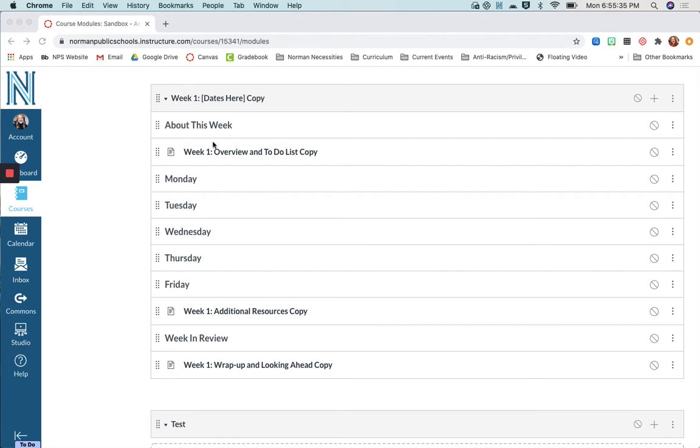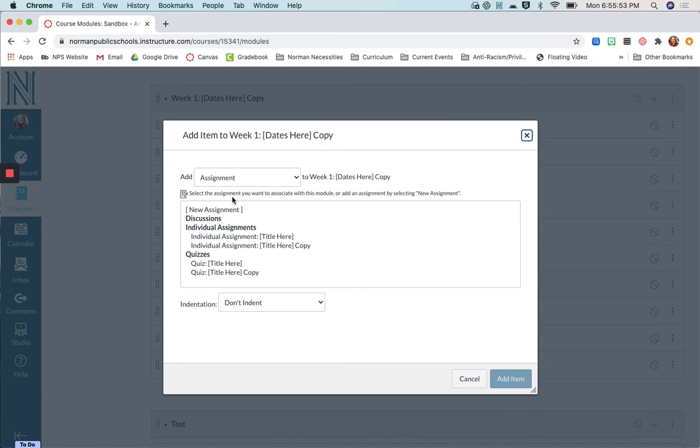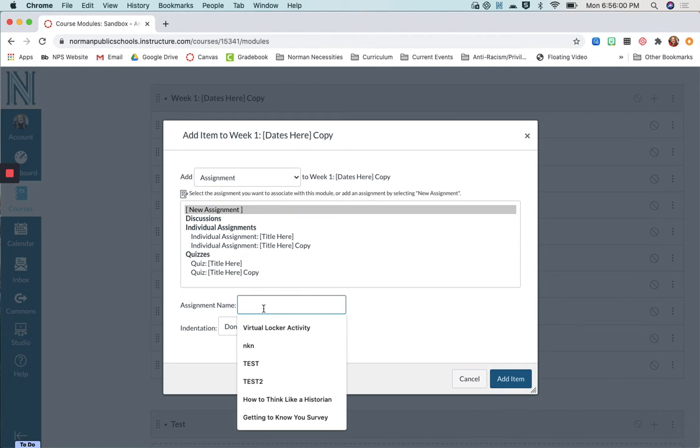So, first off, I'm working within a module. I know that on Monday I want the kids to do some kind of assignment. I want them to be assessed in some kind of way. So I'm going to click on the module that I'm working on, hit that plus sign over in the right hand side, and I'm going to choose assignment. It's always going to be sitting there, and I'm going to choose new assignment, and I will name it Monday's